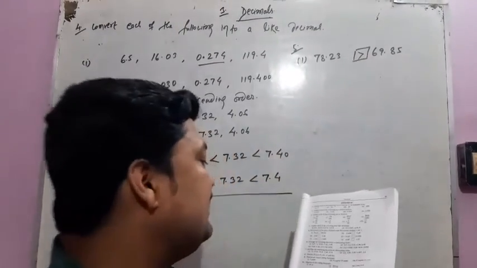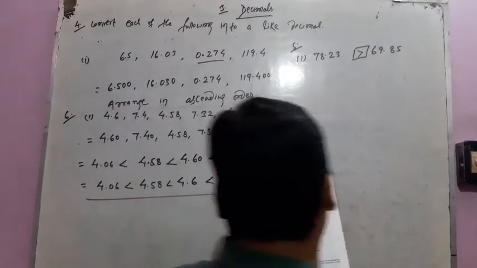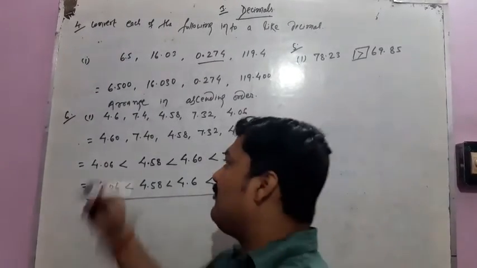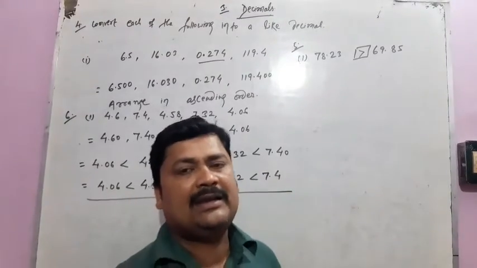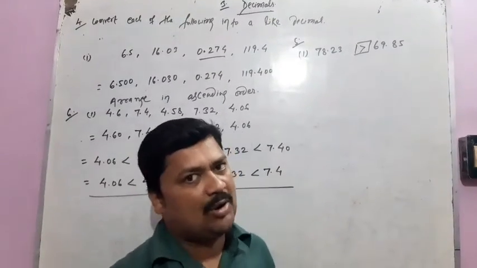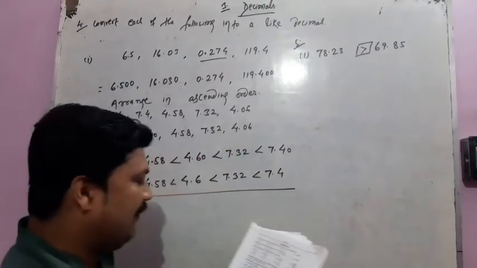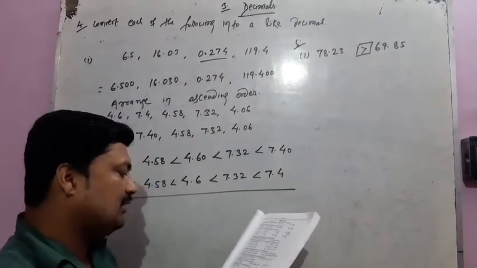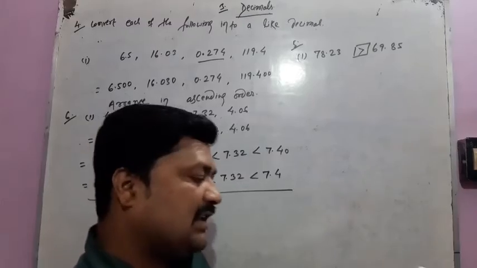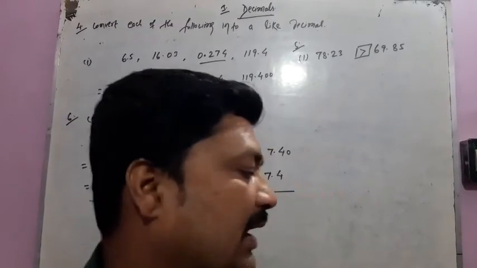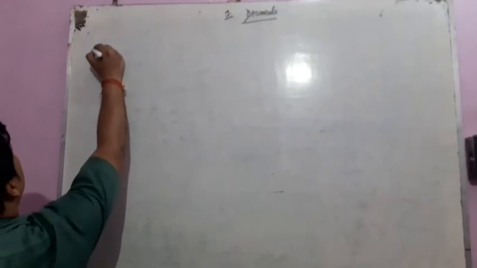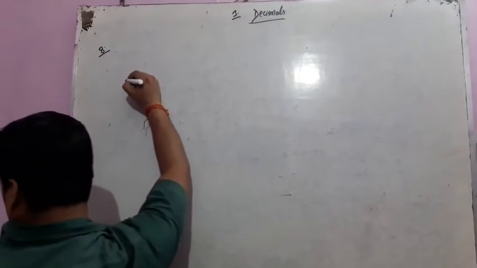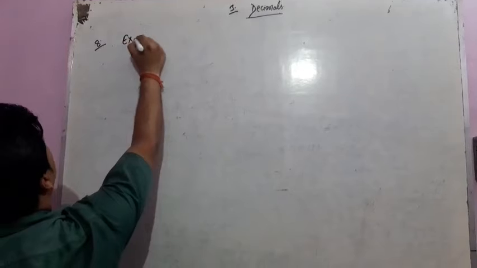In question number 7, it is given to arrange the decimals in descending order. In the same way, first we have to convert the decimals into like decimals. After that, descending order is a sequence of larger to smaller. In the same way, you have to solve question number 7 by yourself. Now move on to the next question, question number 8. Now look at question number 8. Express 45